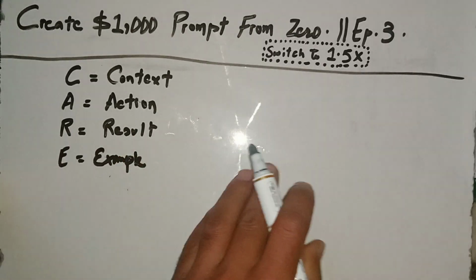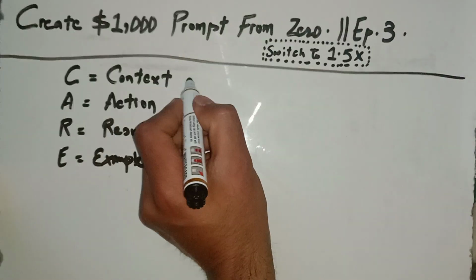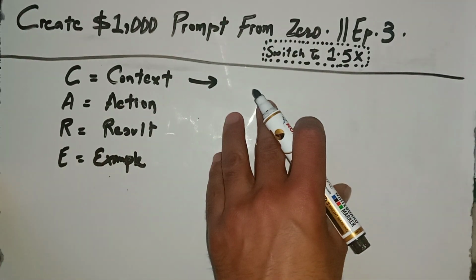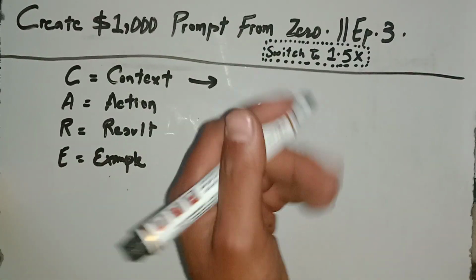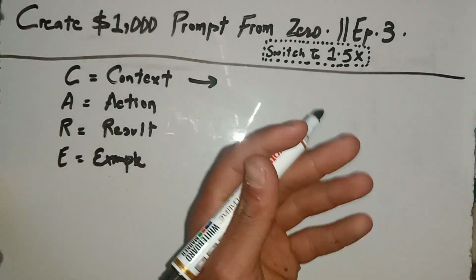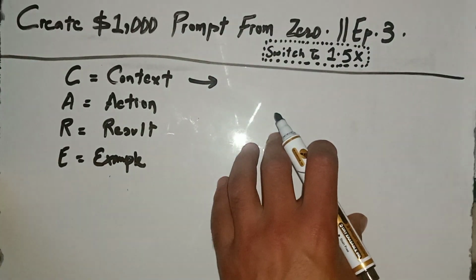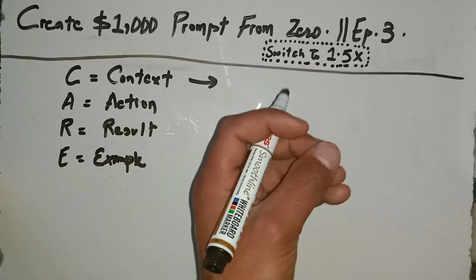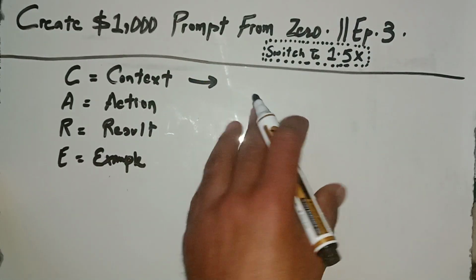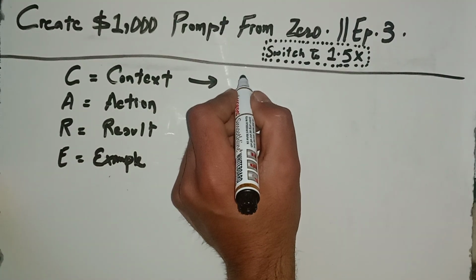Now let me explain this framework by considering all four parts one by one, and let's start with number one, and that's context. What you need to do in this part of the framework is add background information in the prompt. While giving the information, you need to ask yourself, what does AI need to know before it starts? In the part of context, you can add your role, your information about the audience, or your goal as well. Now, rather than asking AI, write me a blog post, you can ask AI